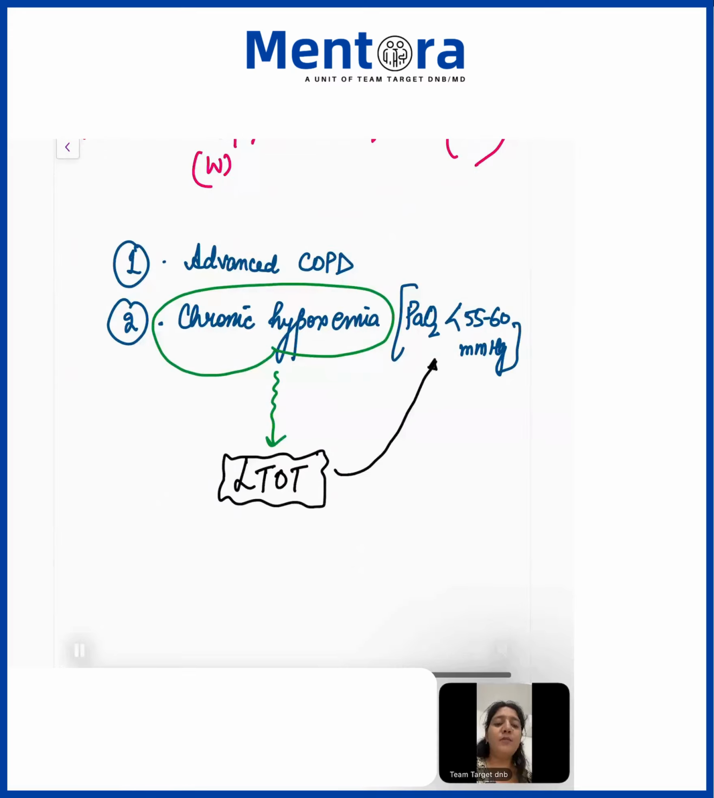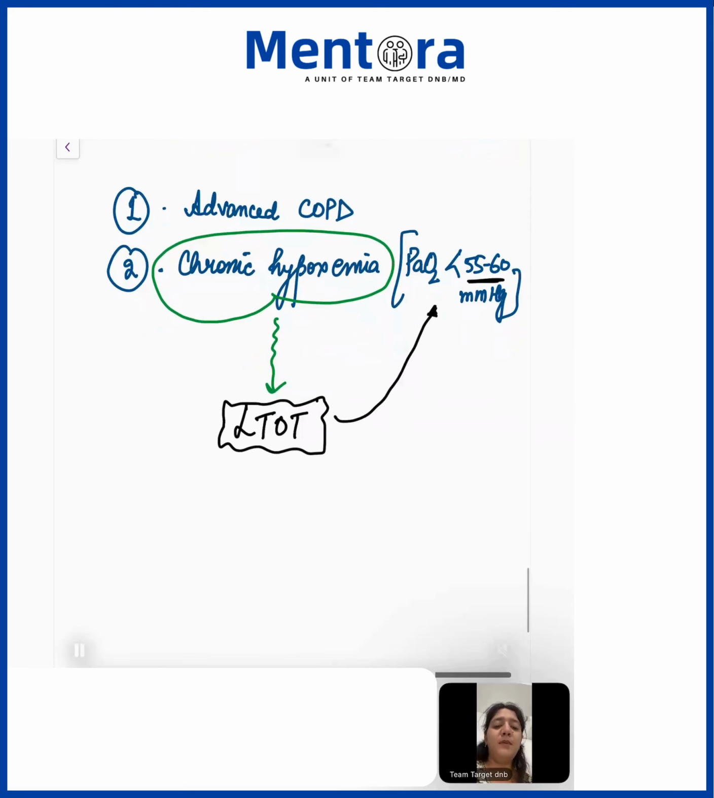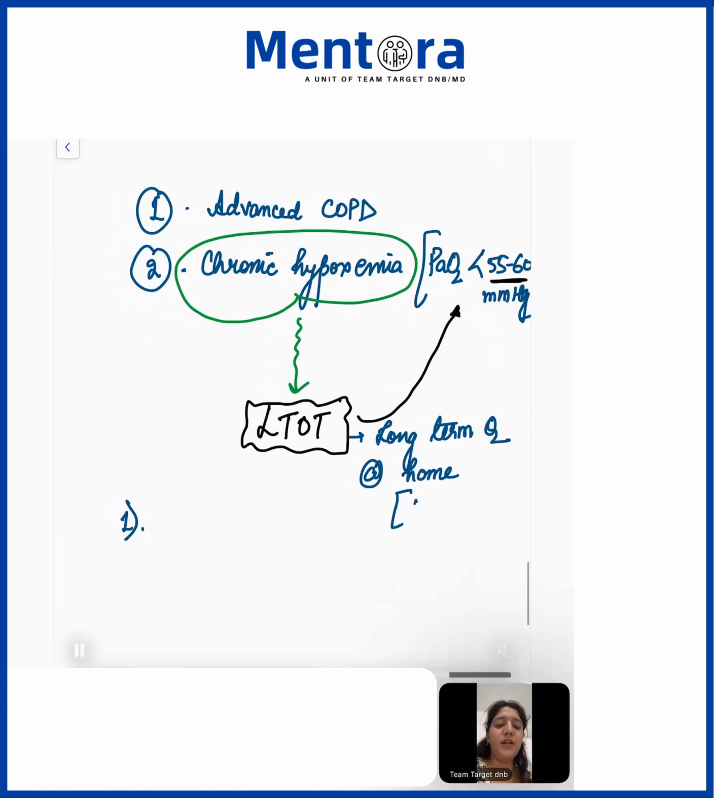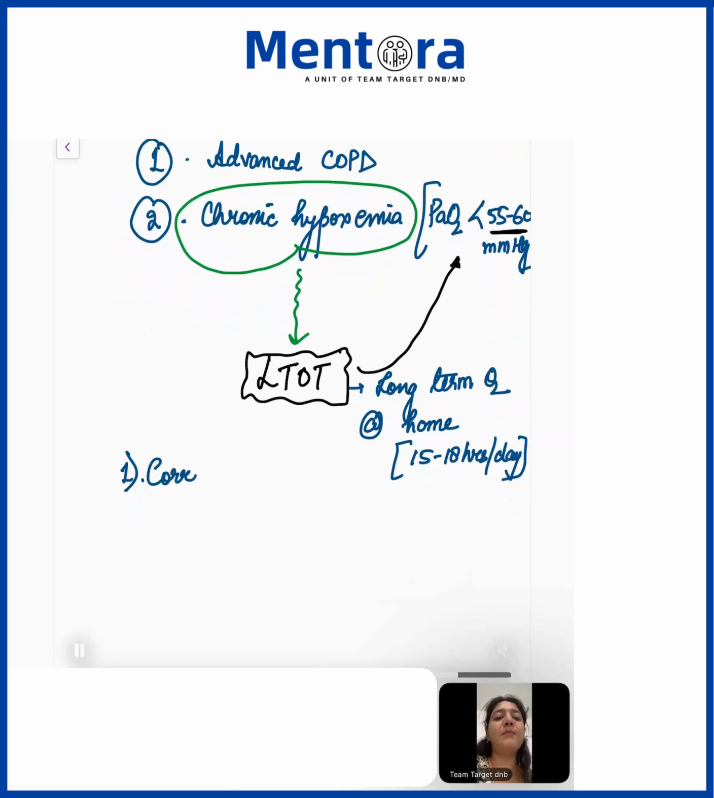What do you mean by long-term oxygen therapy? Long-term oxygen therapy means these patients will need oxygen supply at home through nasal prongs for at least 15 to 18 hours per day. That is defined as long-term oxygen therapy at home. And these patients who are chronically hypoxemic with polycythemia with PaO2 less than 55 to 60 mmHg are candidates for long-term oxygen therapy at home. LTOT will cause correction of chronic hypoxemia,